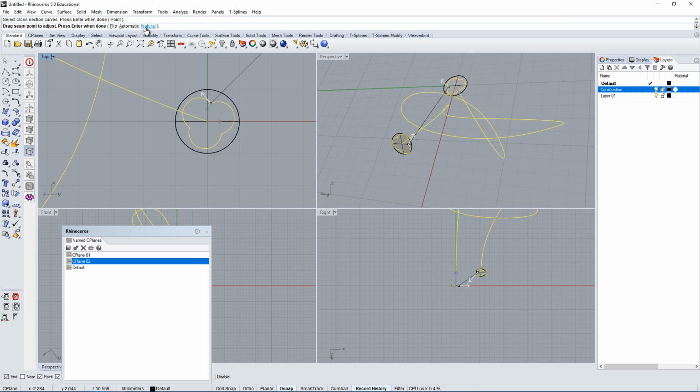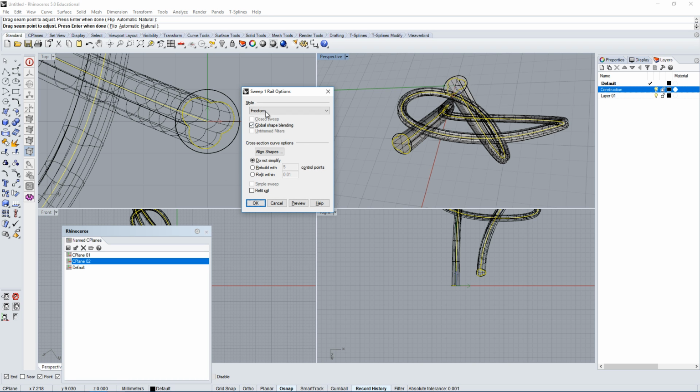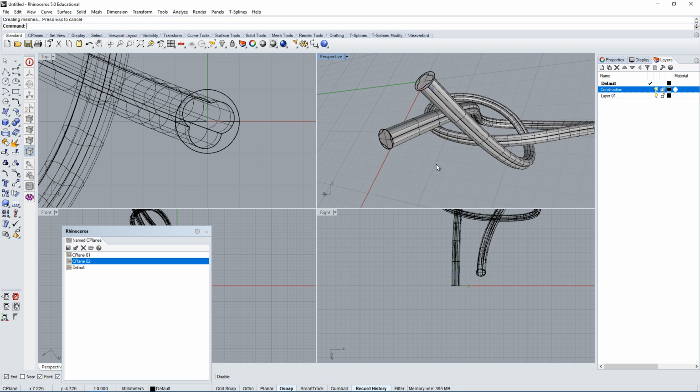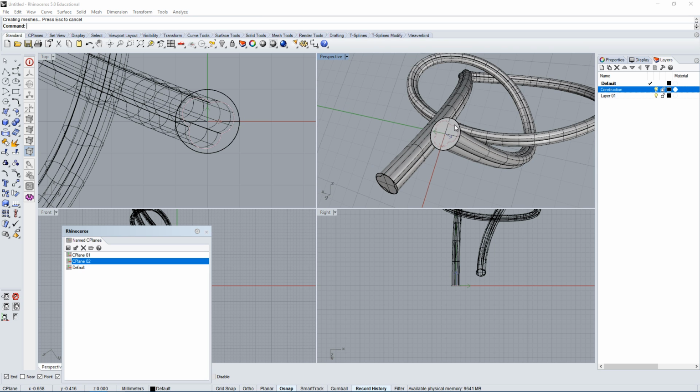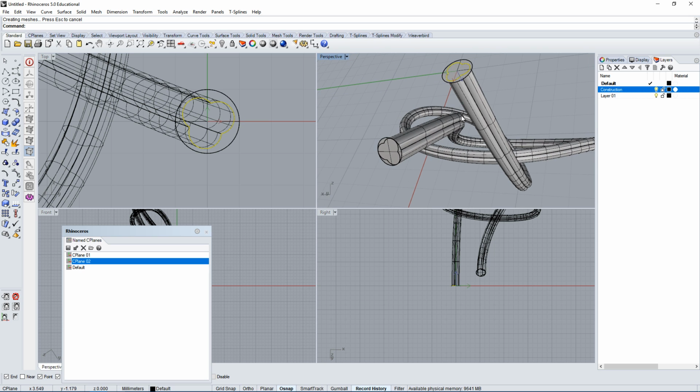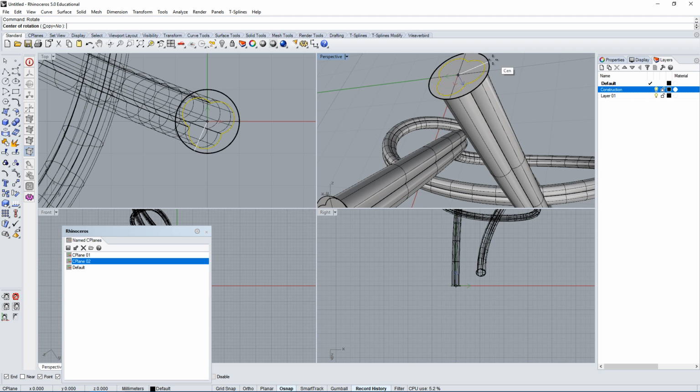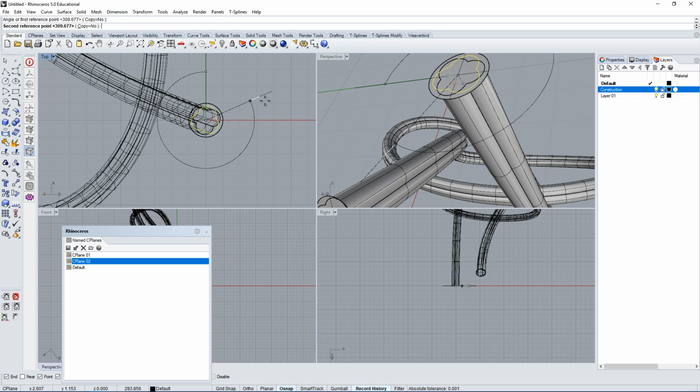I think it's natural sweep, okay. Freeform, yes. Global shape blending, no. Okay, let's try these options instead, and what I'm going to try to do here is rotate this by a crazy amount,